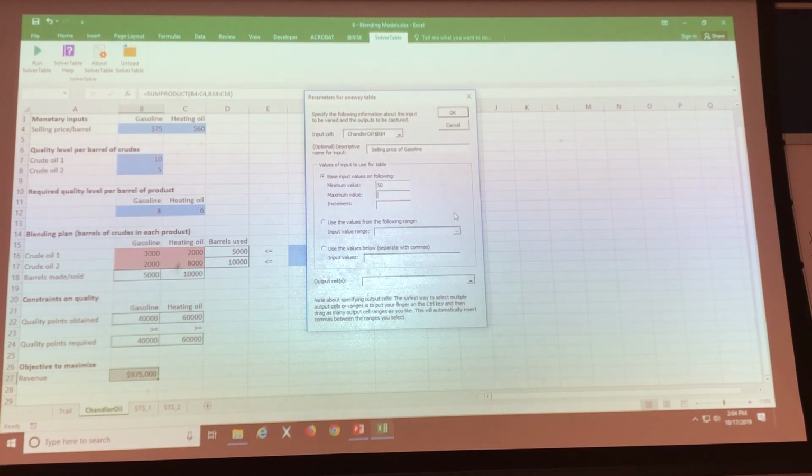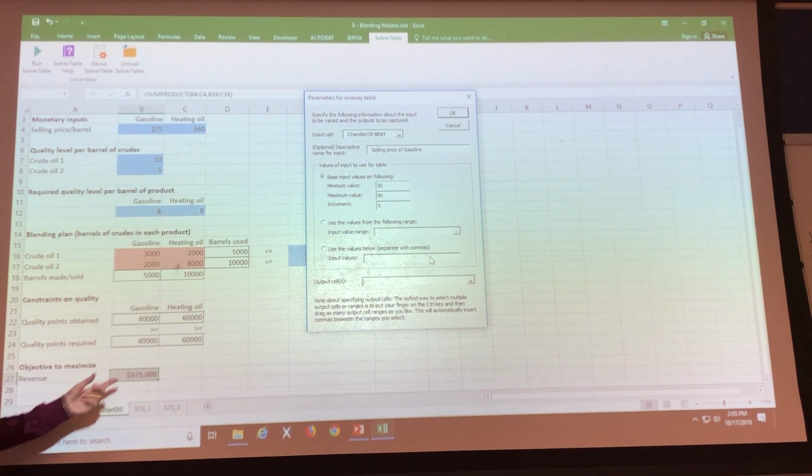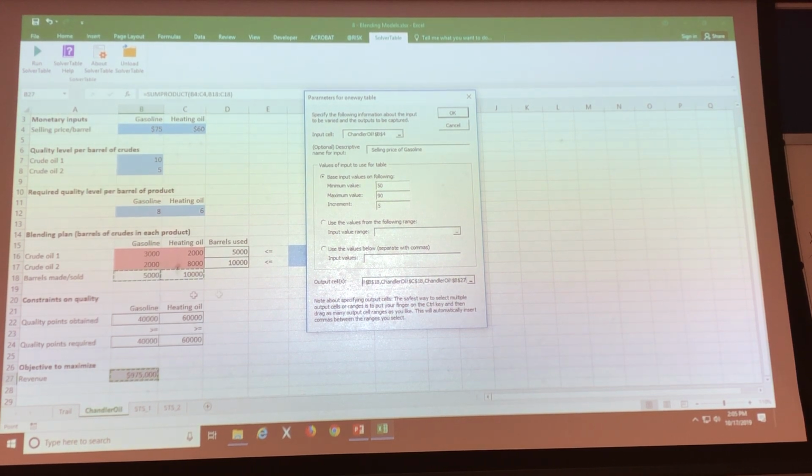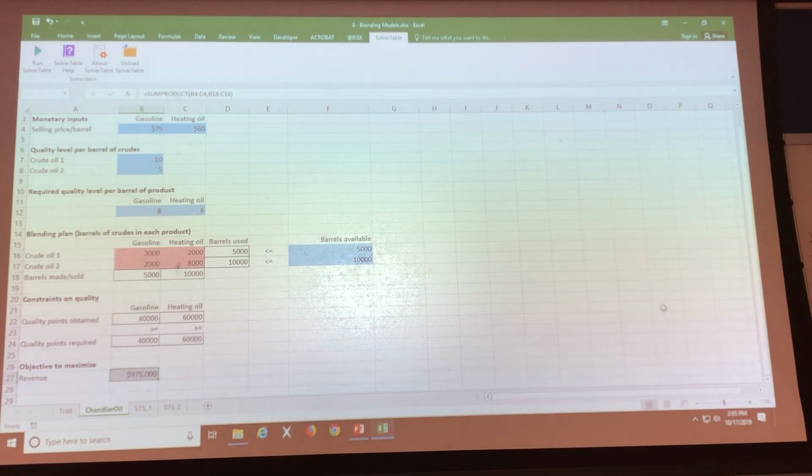50 to 90 in steps of 5. That's given to you on the PowerPoint. And then what you're wanting to look at is how that impacts the barrels of each commodity and revenue. So as output cells, I'm gonna put in there B18, C18, B27. Those are my 3 output cells, which I named, because I think it's a good idea. So vary B4, selling price of gas, 50 to 90 in increments of 5, and look at those 3 outputs. So here are the results,